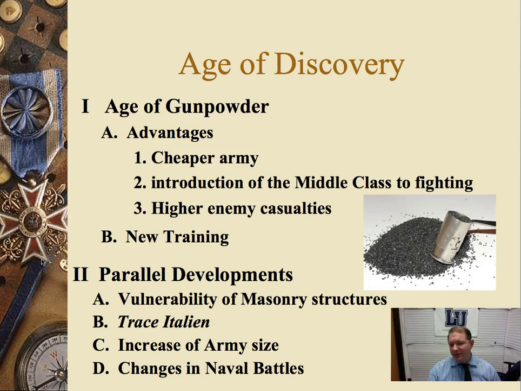Parallel developments that accompanied the age of gunpowder, quite honestly, was the obsolete creation of masonry structures more commonly referred to as castles. Although the Europeans tried to hold on to their old ancient castles, the arrival of gunpowder weapons pretty much made castle fortification obsolete. We will also see, as these armies increased in terms of the pool of soldiers that kings and governments could choose from, an increase in army size. To give you an example of this, approximately the largest medieval army was about 40,000.